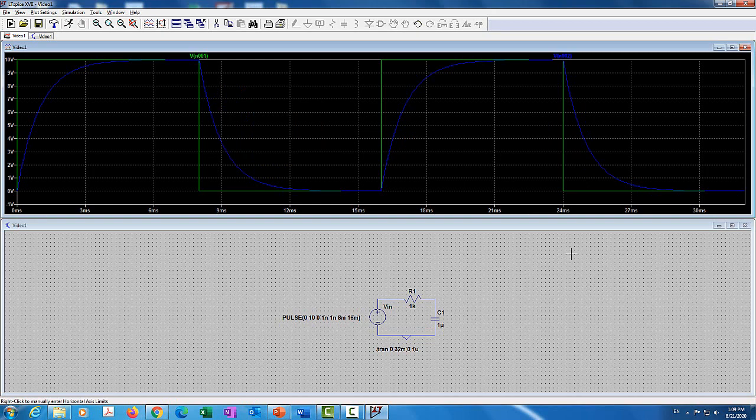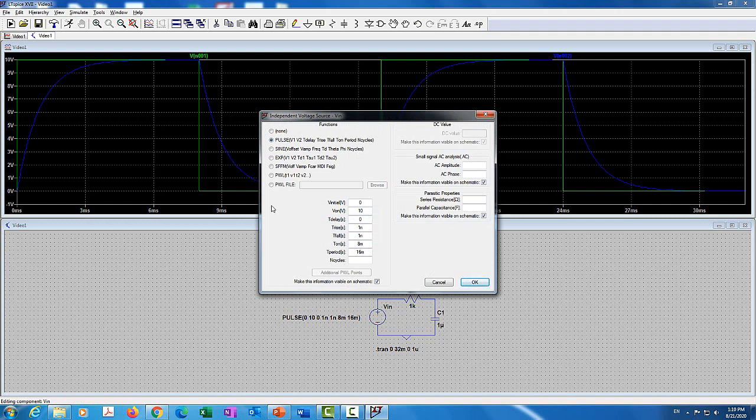The next thing we're going to do is show you what happens if you apply a sine wave. So here I'm going to come to the voltage source and right click on the top of it to change it. I'm going to move from V pulse to V sine, and here I'm going to say the amplitude is 10 volts, and the DC offset is 0, of course. For the frequency, it's going to be 159, I would say 155. That's the cutoff frequency. No delay,